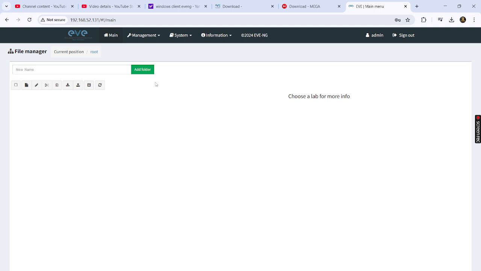If you want to go to the topology space, there we can add a folder or you can directly add a lab. Here we have multiple options like add a new lab, change item's name, move to, delete selected items. Okay, we have to add a lab, right? The first option is add a new lab.